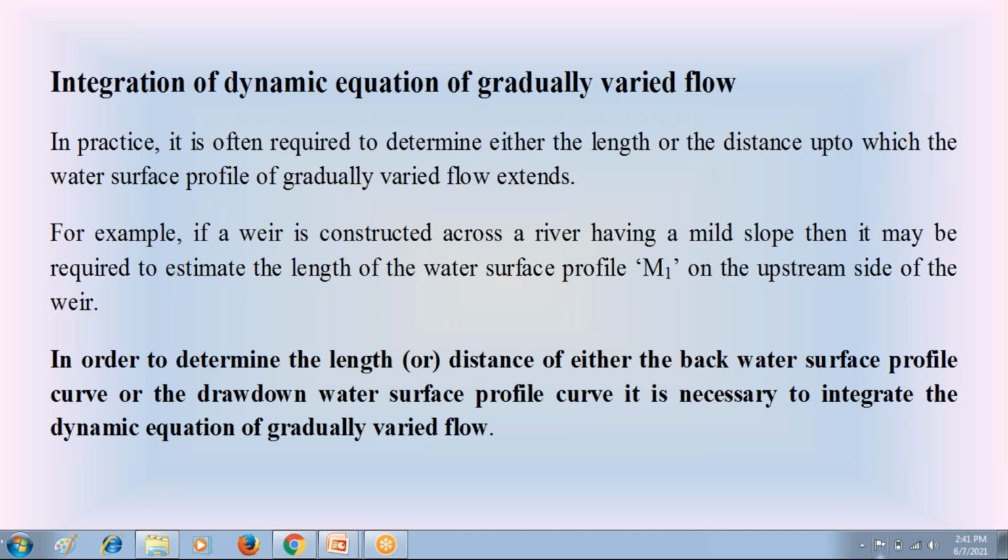The critical depth is also a control section. The weir is a control section, and in the M1 curve at the weir we have a control section. Like the M2 curve, at one particular location we have a control section. So by measuring the depth of flow at control sections, we can calculate the discharge Q in the open channel. That is the concept of control sections in open channels.